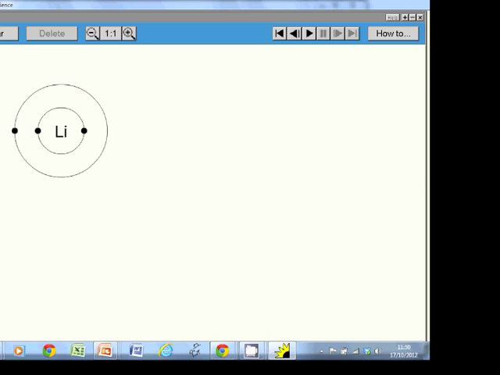I'm not showing the nucleus of the atom, I'm only showing the electrons. Lithium has got atomic number 3. That means it's got 3 protons in its nucleus and also 3 electrons. It's got 2 in the first shell. The first shell can only contain 2, so the third one goes into the second shell. So it's got this lone electron here, and for atoms to be at their most stable, they need full outer